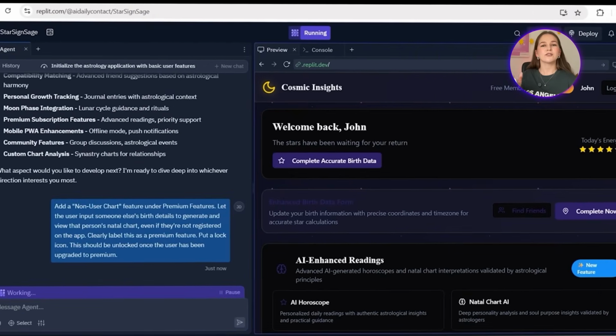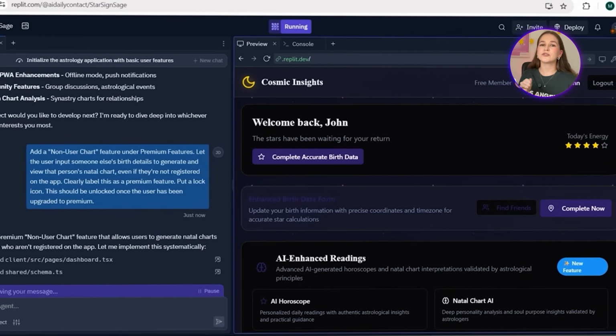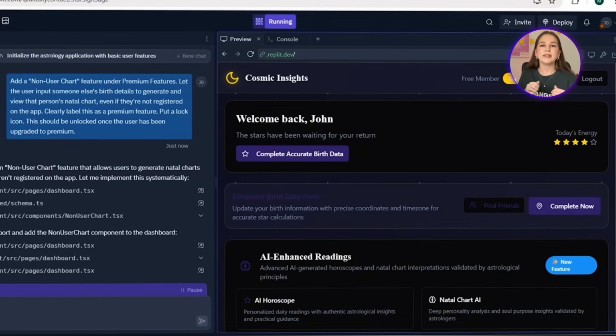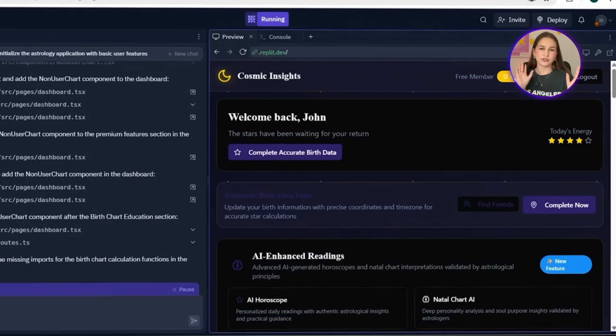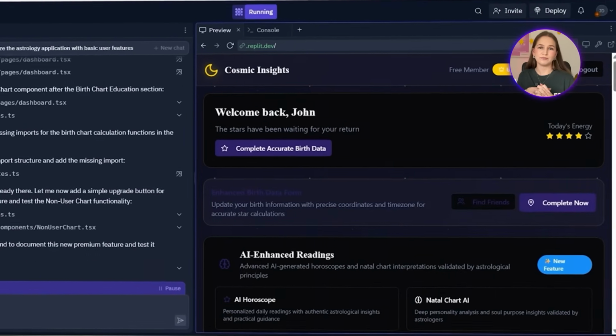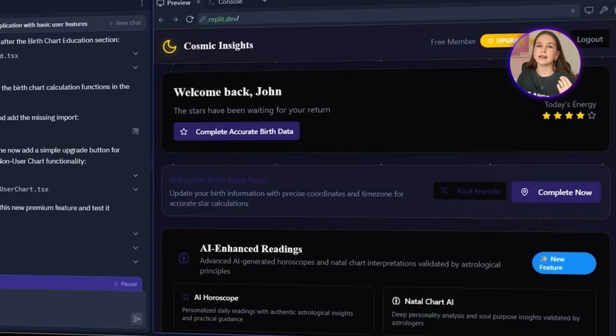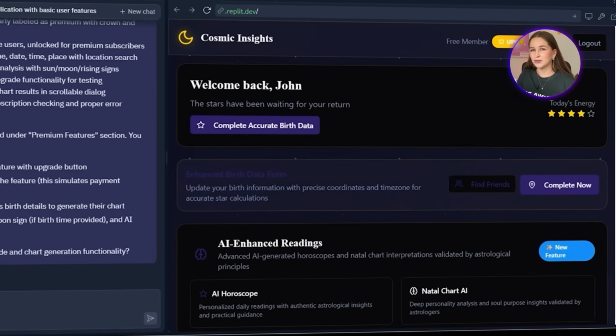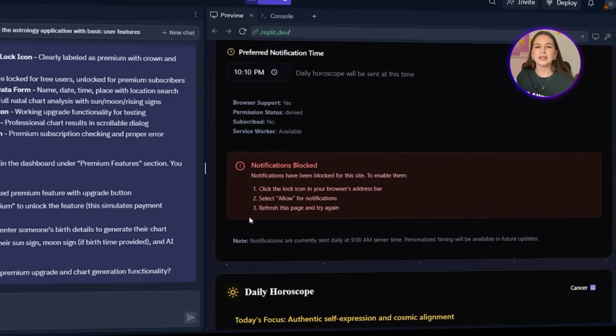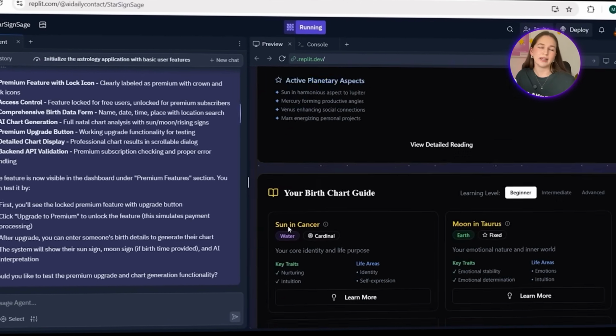So now Replit starts putting together the non-user chart components and places it under the premium features section on the dashboard. This feature is clearly labeled with the lock icon and an upgrade to premium button right next to it. The setup works perfectly for payments, and we'll hook that up later.